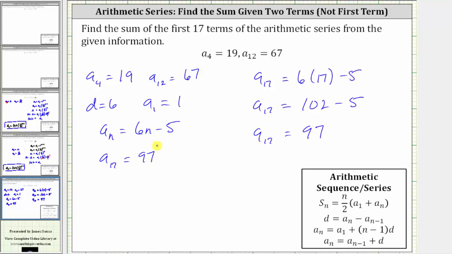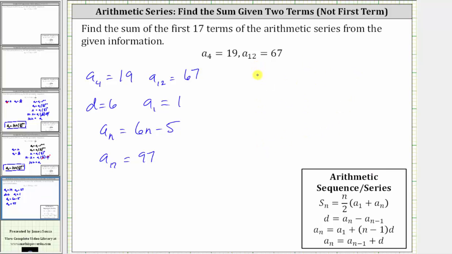And now we have all the information we need in order to determine the sum of the first 17 terms. S sub n, the sum of the first n terms of an arithmetic series, is equal to n divided by 2 times the quantity a sub 1 plus a sub n. And we're looking for s sub 17, the sum of the first 17 terms of the arithmetic series, which is equal to n, which is 17, divided by 2, times the quantity a sub 1 plus a sub 17, which is 1 plus 97,